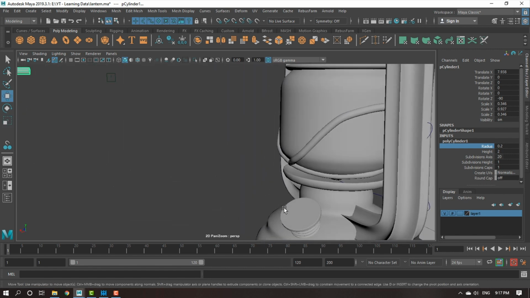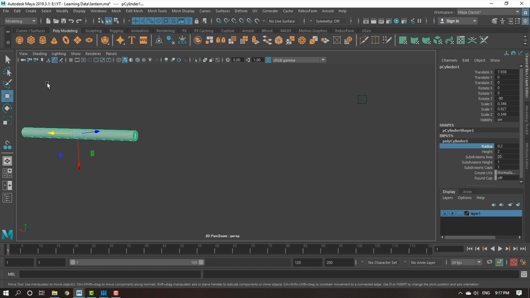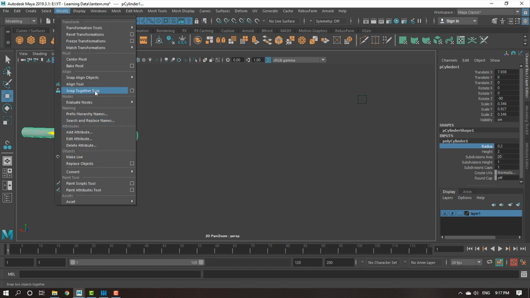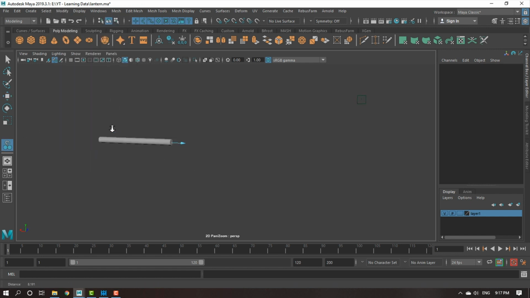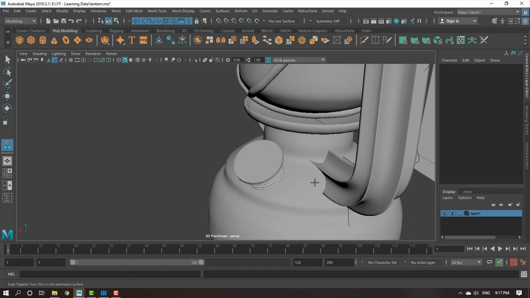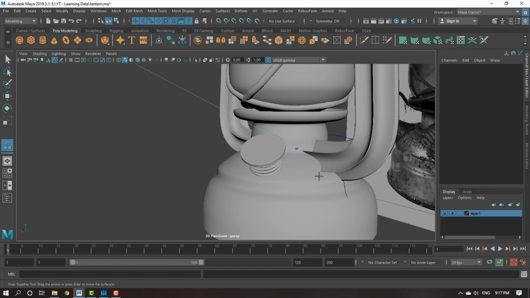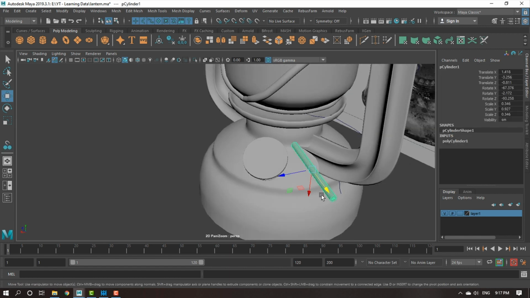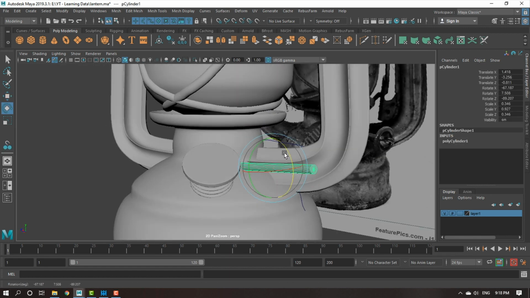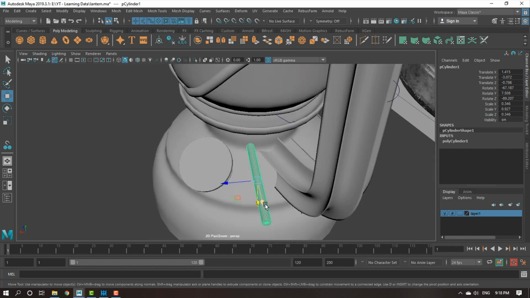Same thing. Then again I can go to modify snap together. I'll select this thing and I will select this thing and I will say enter. That's it. I have this thing ready.